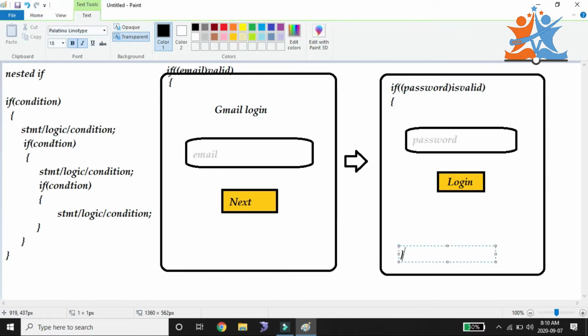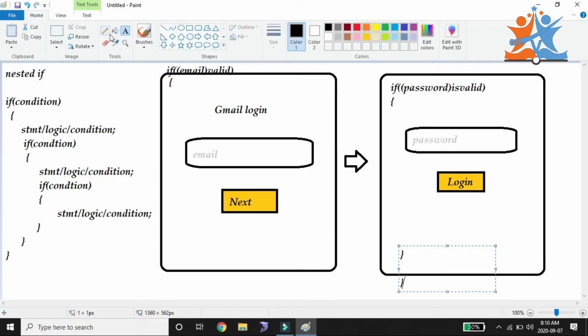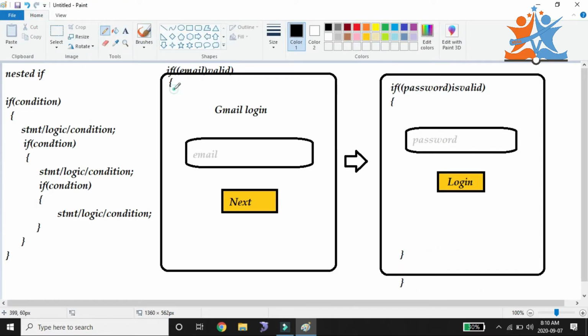After completing this validation, the first if condition we closed. After that, what is the next if condition we have? The main email if condition. So this is the starting point. From this, the program will be executed like this. Some code we write, after that it has one more if condition, and inside we have one more if condition. This is called nested if. This is the procedure they followed for a Gmail account. So we will go with an example.